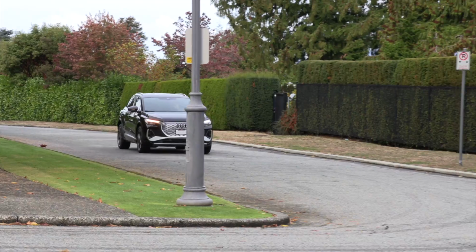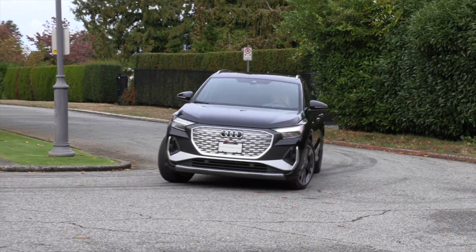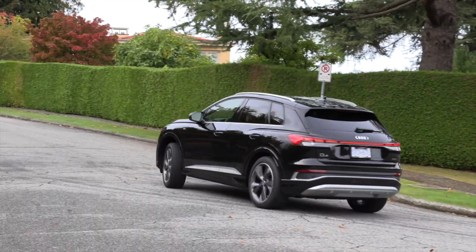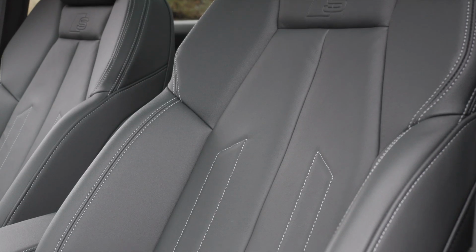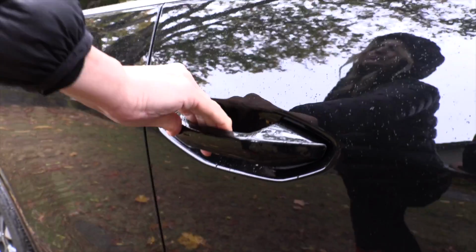We'll start with in Canada. If you get the Q4, because it has such a low starting price for a luxury brand, under $60,000, and it really does come with a lot of great standard features, including that panoramic sunroof. And the tailgate. And leather seats. Yeah. And door handles. Yeah, so if you just want to go with that trim, you could get away with